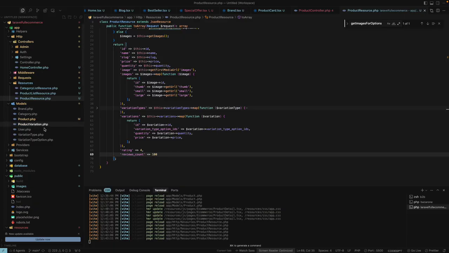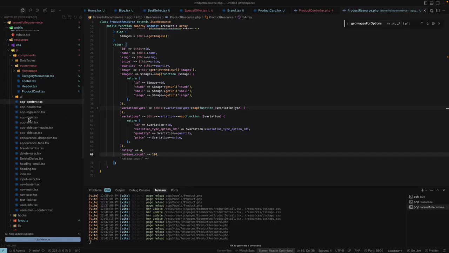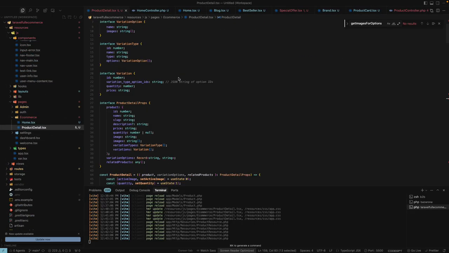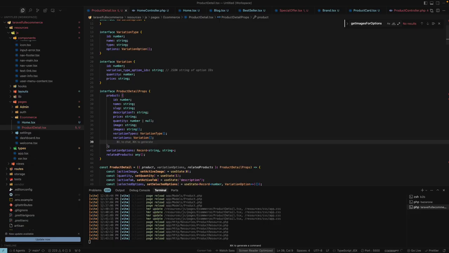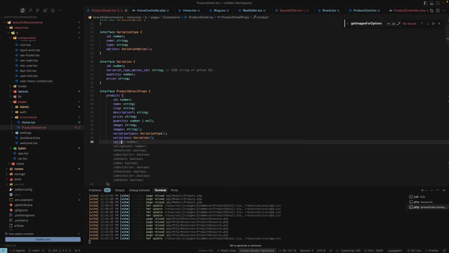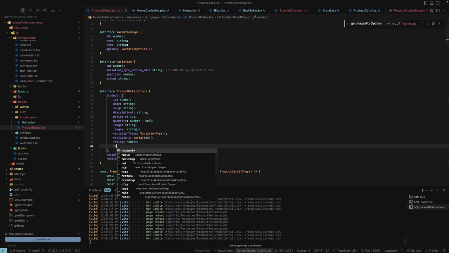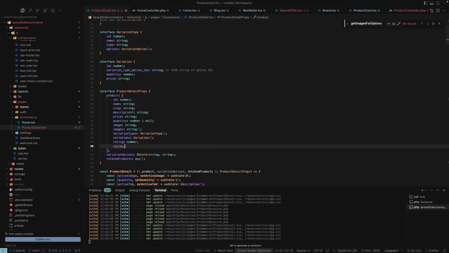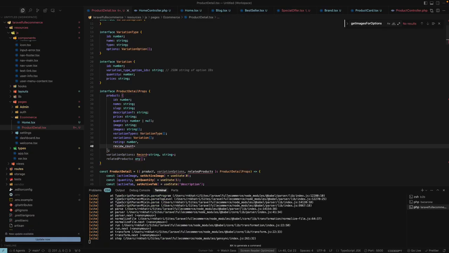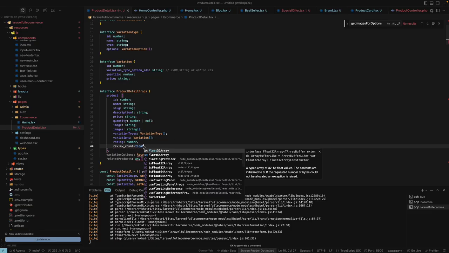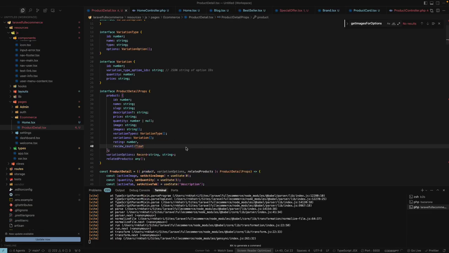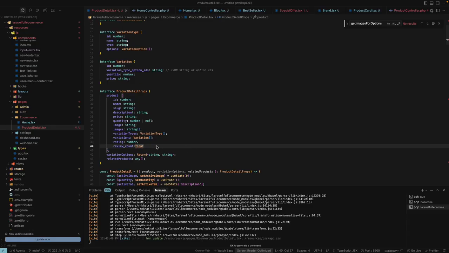So we have to send it like this, and there is something in the errors, that means we have to define here also rating as number, also review count is float. Number. Okay,